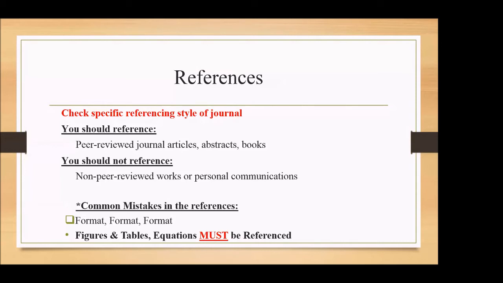Referencing is not an easy task at all. So you have to check the specific referencing style of the journal. In each major, we do have a specific referencing style. For example, in the field of education and humanities, we normally use the APA format. In some other schools, maybe they use Harvard, maybe they use numerical. So they use different